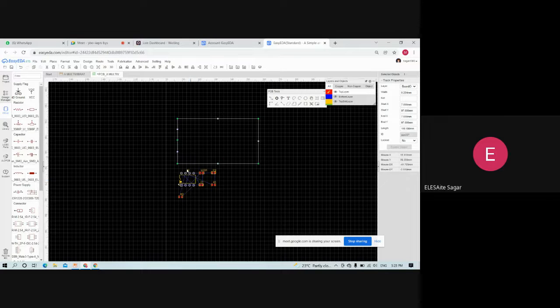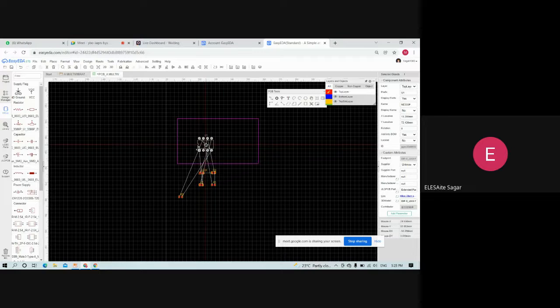Now we have to just arrange these components like this.